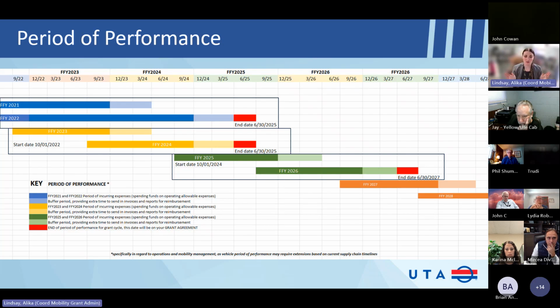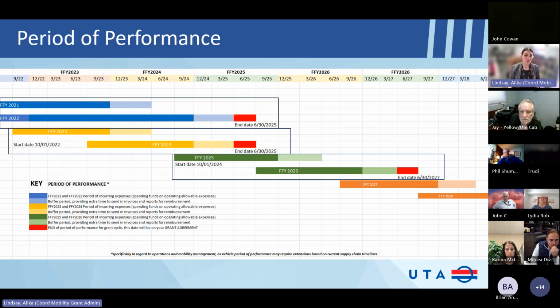So here's another visual. If the arrow visual wasn't helpful, I tried to do this one so I can explain how they kind of overlapped and why people are confused. So if you see here, FFY 2021 and 2022 were extended clear to June 2025. That was due to a number of things. Agencies closing down and not being able to incur expenses of operating a transportation program.